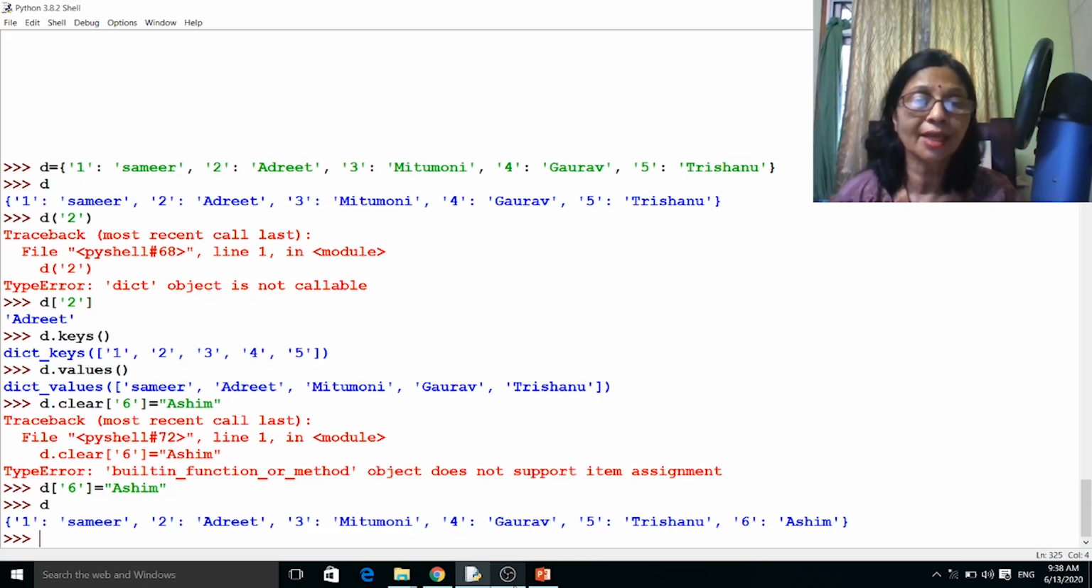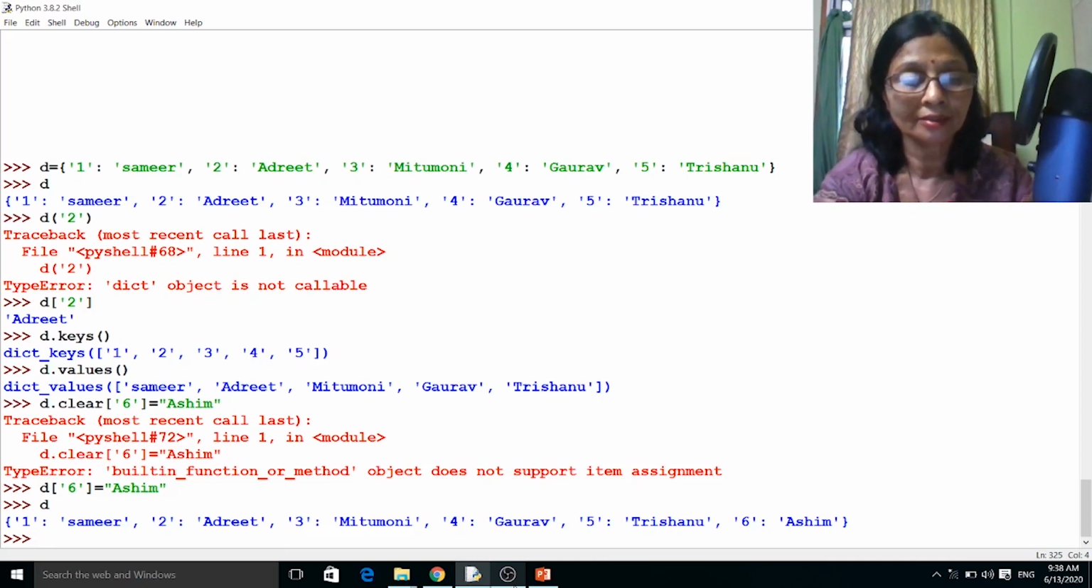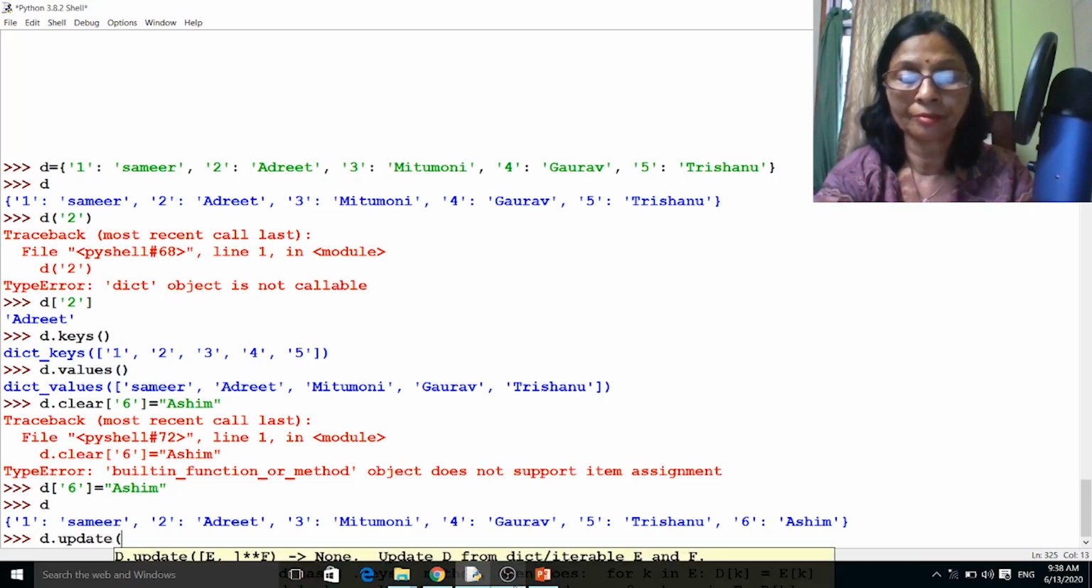Here we have directly assigned the value against a key name. In this case we will now use the ready-made function update to update an existing dictionary. So d dot update, we have to give the curly braces, then the normal key colon value. This time I am giving the name of my